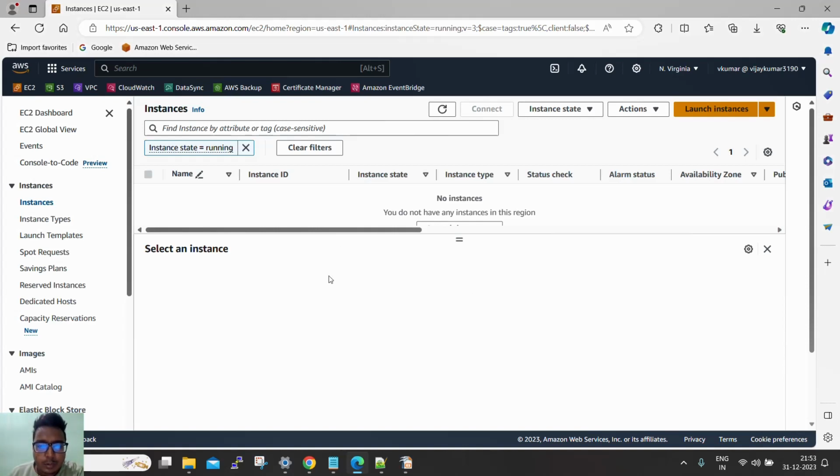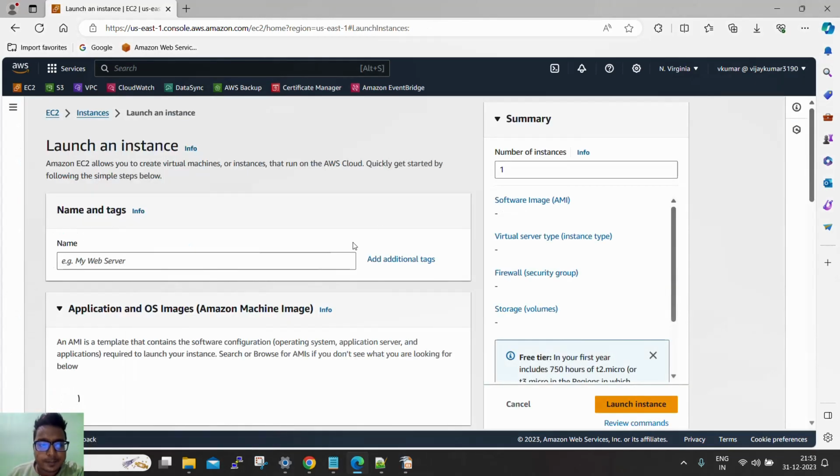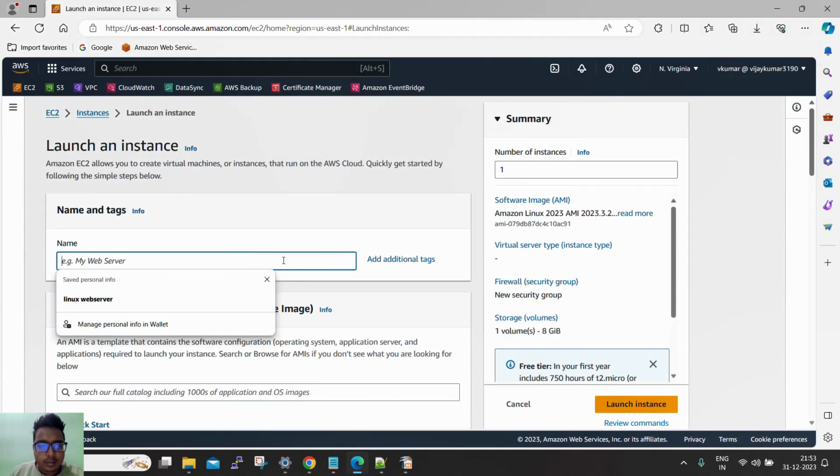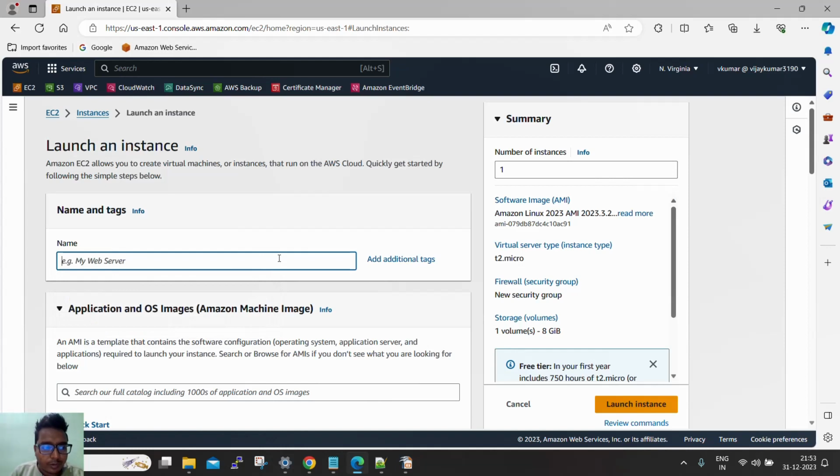So here we will talk about the EC2 security group. You will learn how we can use the security group and what is the benefit of the security group. To demonstrate this, I want to create two Linux machines. Just click the first one. I will put app server, maybe web server,